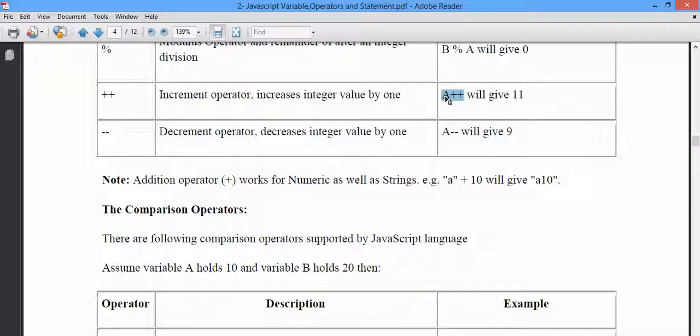So if your a before is 10 and you use a plus plus, that means you want to increase it to what? 11. If you use another a plus plus, it will increase that value to what? 12. So that's the meaning of a plus plus. So right now,